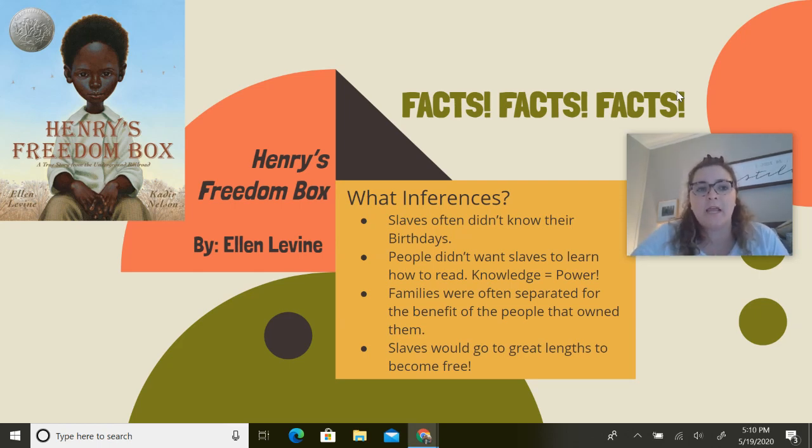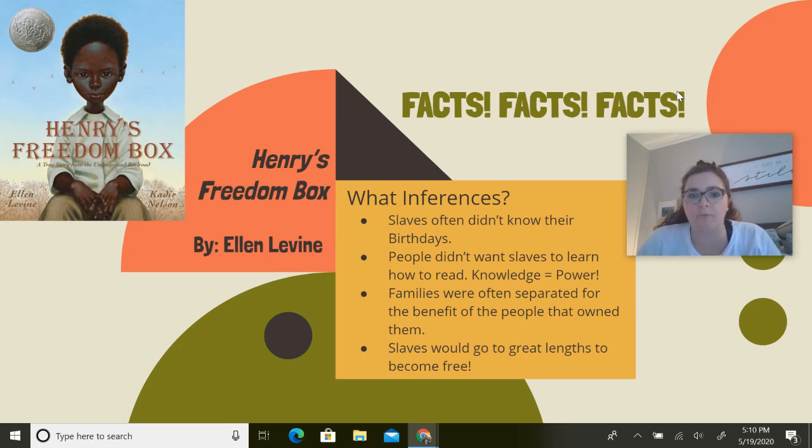It is about the story of a slave and his transition throughout his life, and how ultimately he decides that he is not being treated correctly, and that he wants to be free. And so he ultimately packs himself in a box and mails himself to a place in the country that is free. So the inferences we wanted you to make from this particular text was that,